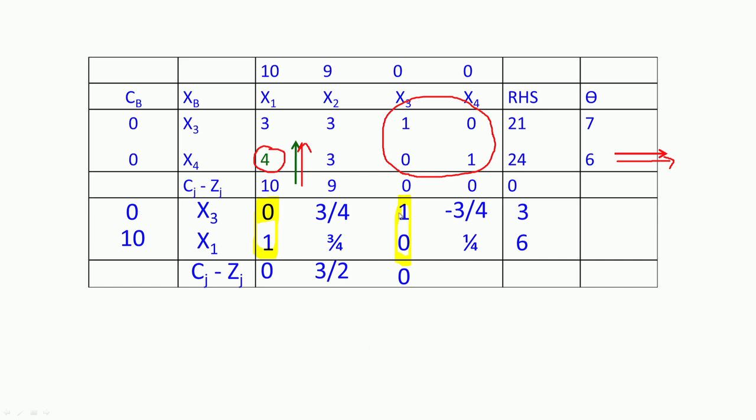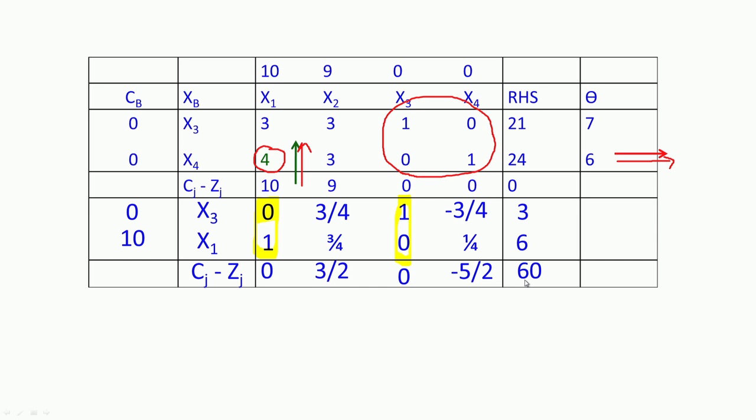Z4 is 0 into minus 3 by 4 plus 10 into 1 by 4, which is 10 by 4 or 5 by 2. So 0 minus 5 by 2 is minus 5 by 2. And the value of the objective function is 0 into 3 plus 10 into 6, which is 60. So we have now completed the second iteration of the simplex algorithm, where we now have a solution with x1 equal to 6, x3 equal to 3, with Cj minus Zj equal to 6, with the objective function value equal